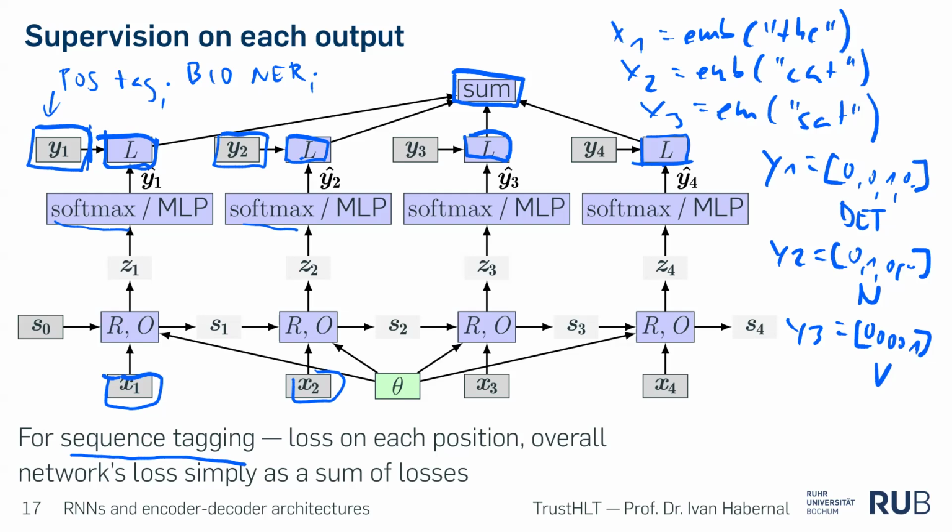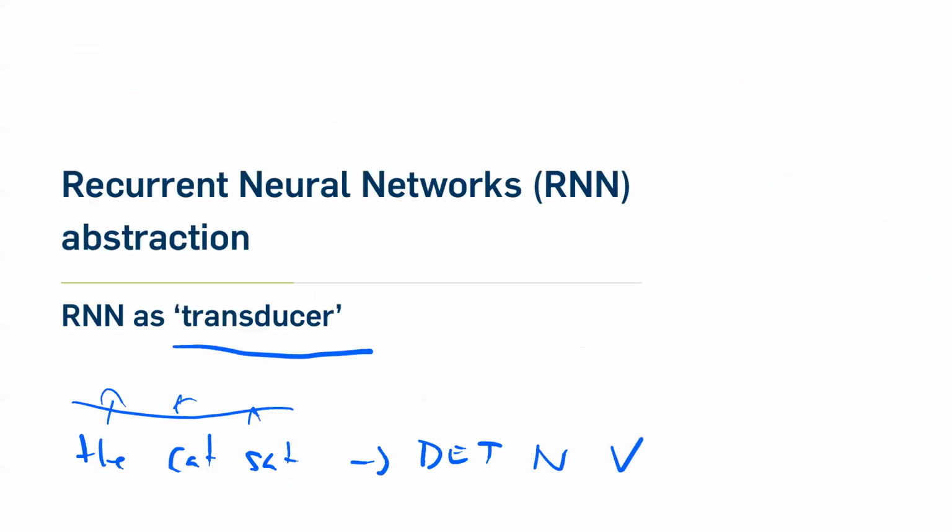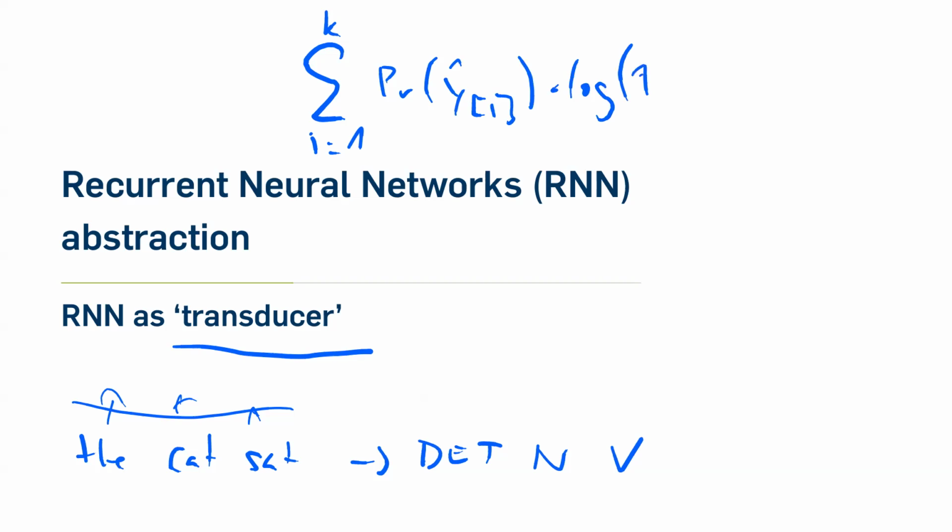No. The loss function could be mean square error, but we're using categorical cross entropy, which is another one. What is categorical cross entropy? If you have k categories, it's the sum over positions i of y hat at position i times log of 1 over the probability of the gold standard at position i. And I hope I'm not mistaken with the y hat and y.